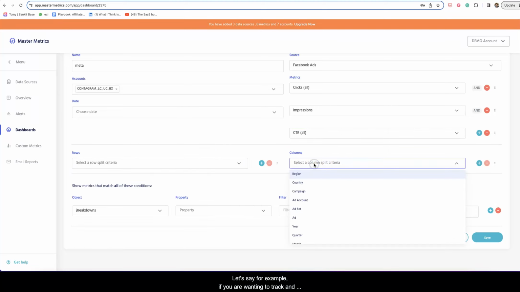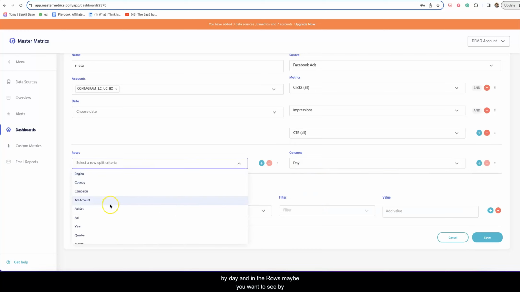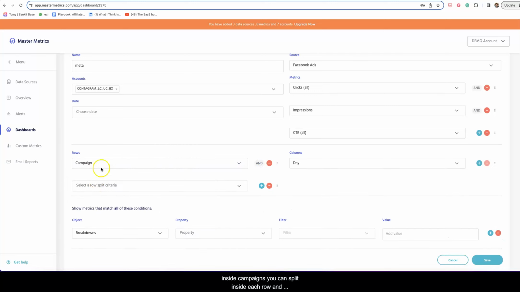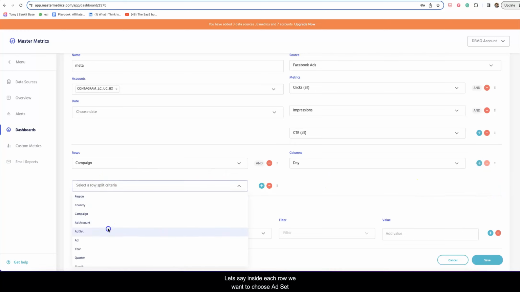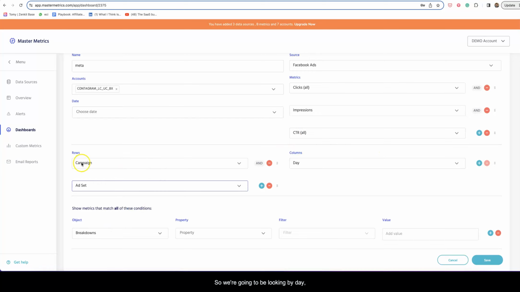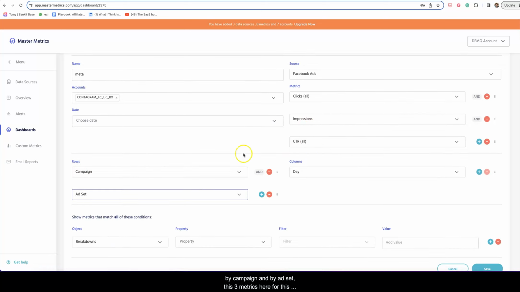Let's say, for example, you want to track reporting daily, so maybe in the columns you want to see it by day, and in the rows maybe you want to see it by campaign, or you could choose ad account, ad set, week, month, gender, age, device, and whatever you may need. So in this example, let's stay with campaigns. And inside campaigns, you can split inside each row and as well inside each column if you want to. Let's say inside each row we want to choose ad set, right? So we're going to be looking by day, by campaign, and by ad set,